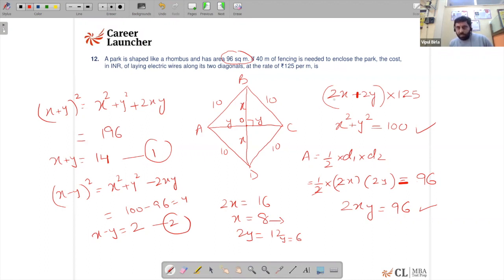Now what I need to calculate is nothing but (2x + 2y) into 125. So 2x will become 16 and 2y will become 12, and this multiplied by 125 will give me the answer. So I'm just writing it here. That's going to be 28 into 125, right? So 28 into 125, which can be written as